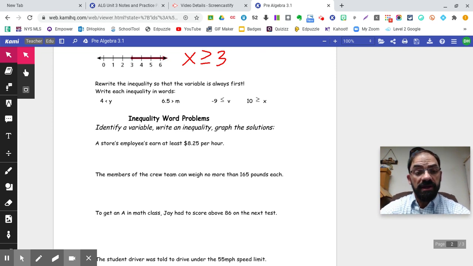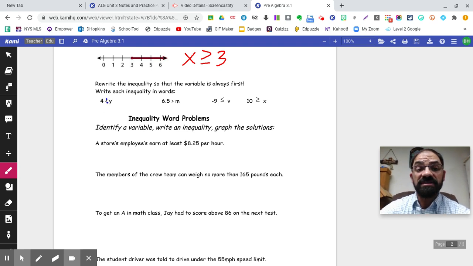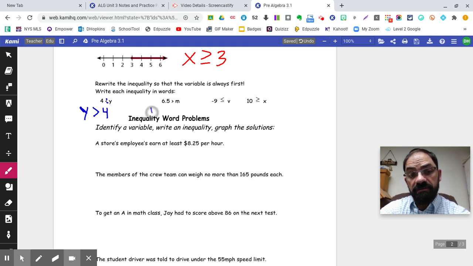So if you notice, I have 4 is less than y. I've got the big end of the sign facing the y. So when I flip that, I need that to continue to happen. The big end of the sign facing the y and the pointy end facing the 4. So I just flipped it right around. So 6.5 is greater than m. If I flip that,